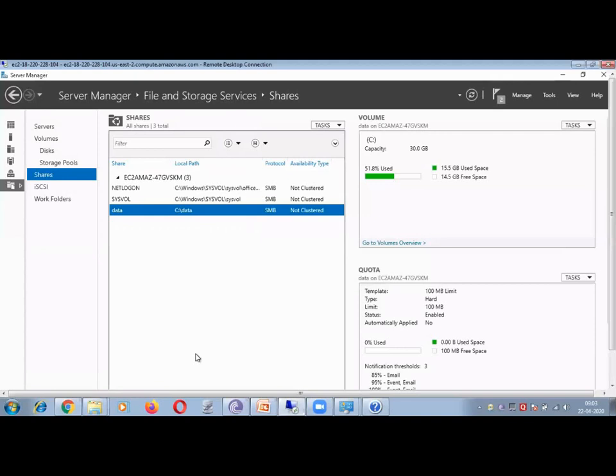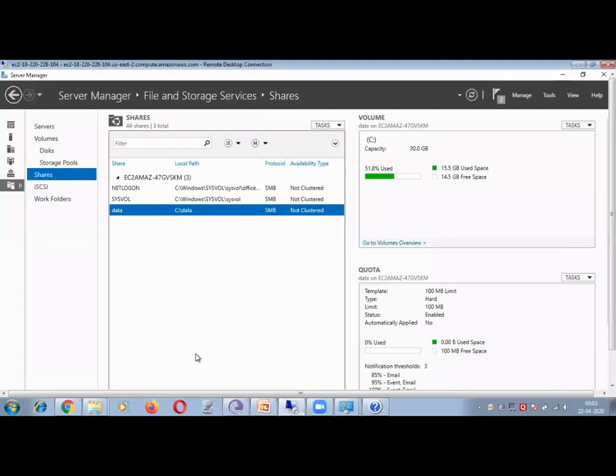Yes, sir. Okay, so this is the Microsoft file server, and this is how you can implement file server security when you are working on Microsoft. The second important service is called a print server.